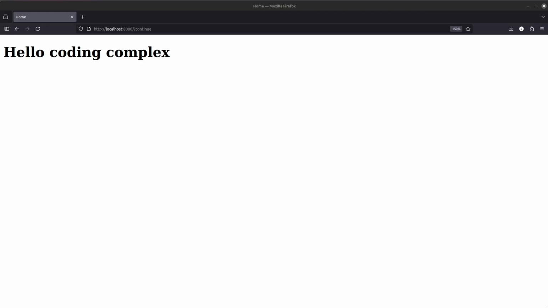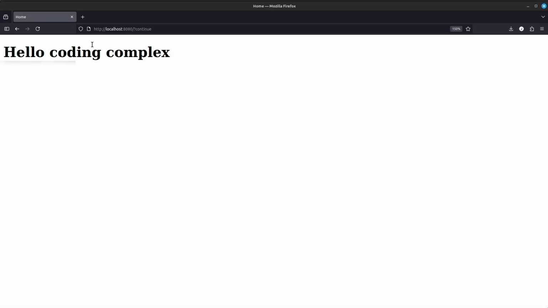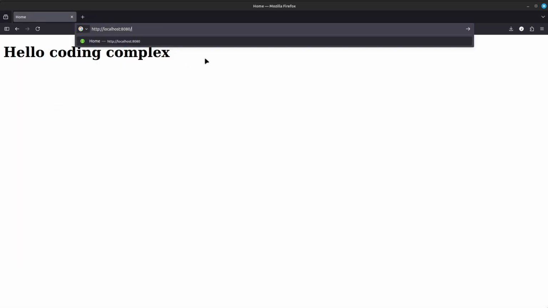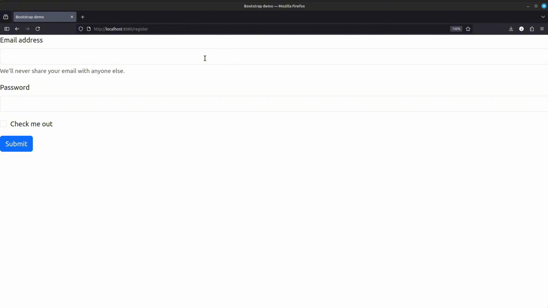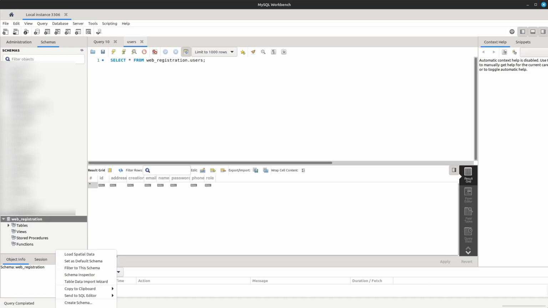Now since we have written this logic inside the register method, this means when we enter the register domain, we're gonna get a new user. So first let's see the MySQL Workbench and check that there is nothing here. So refresh all. Okay, now let's go back. Let's write here register, enter. Okay, so now if we go back to MySQL Workbench and say refresh,